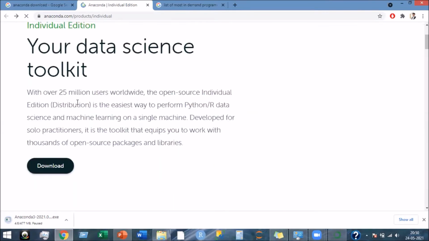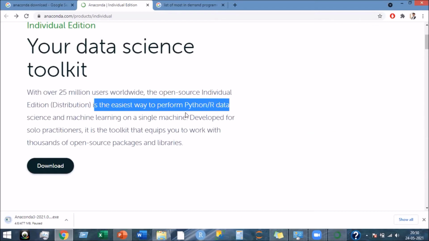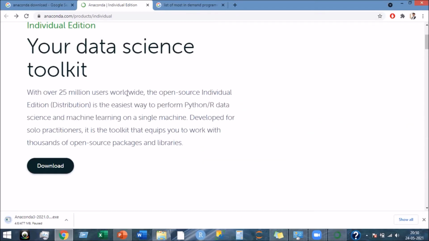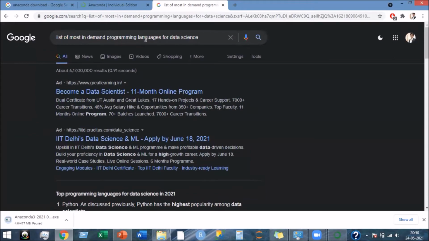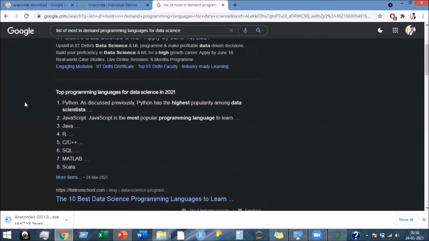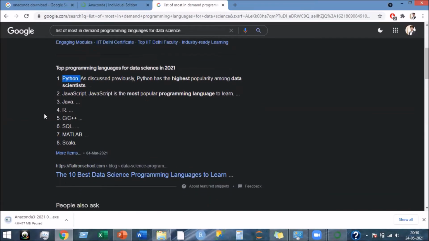Earlier it said that it is the easiest way to work with both Python and R programming languages, but in this course we are going to focus only on the Python programming language and not R. One of the reasons is that if you Google the list of most in-demand programming languages for data science, you can see that Python is on top of the list, followed by JavaScript, Java, and then R. Based on the present trend, Python is the topmost and most preferred programming language across the industry. That's why we are going to focus on Python.